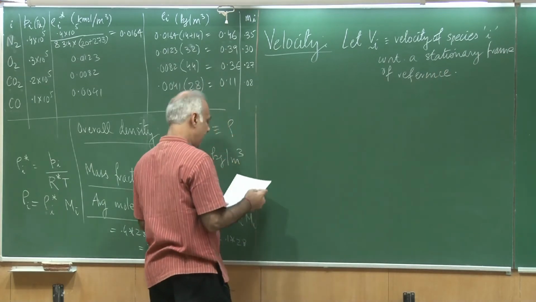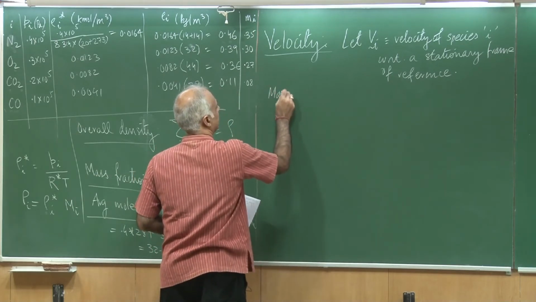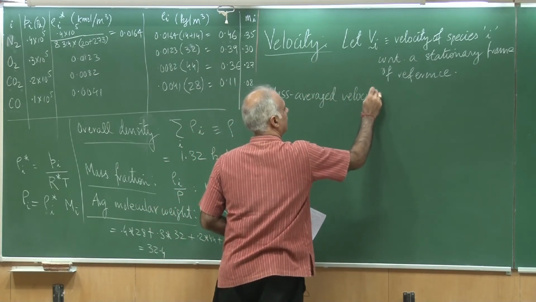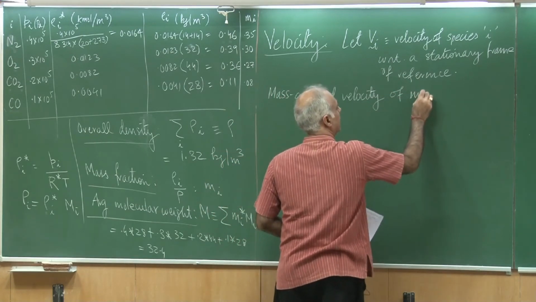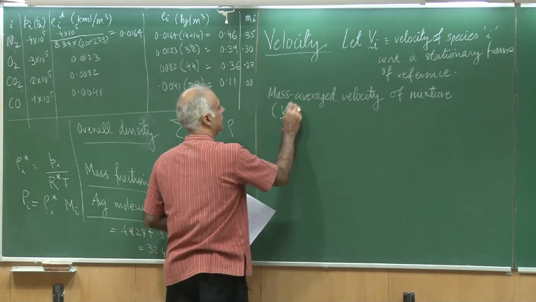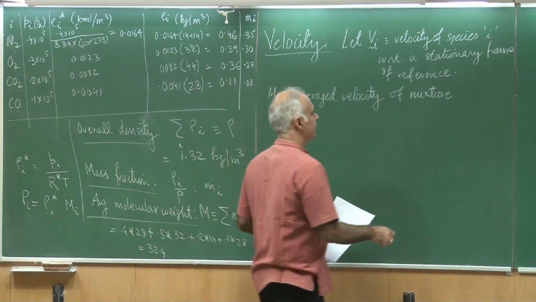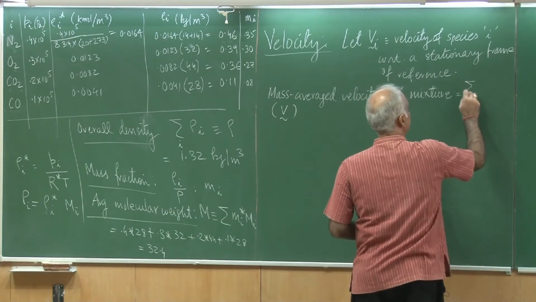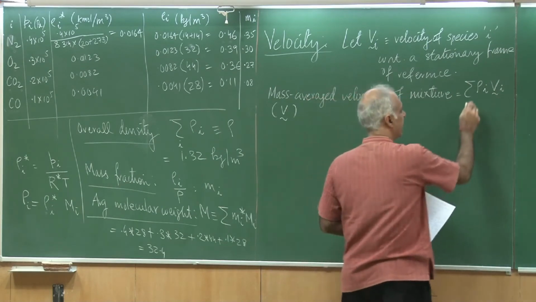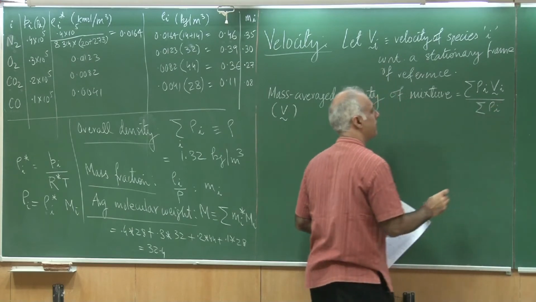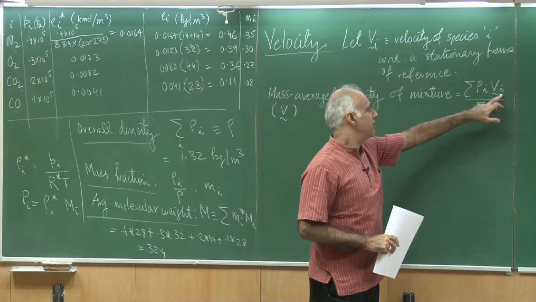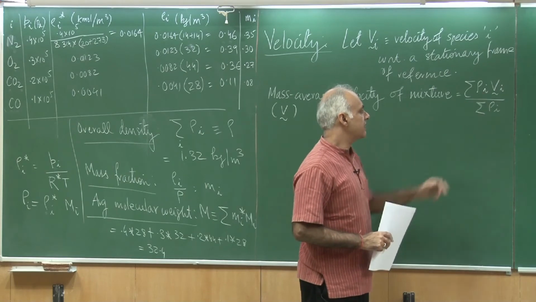Now I can talk about the mass averaged velocity of the mixture, and this I would like to denote by V. So this is going to be given as summation rho I times Vi, and then divided by rho I. So I am weighting the velocity of each component by the density, and then of course normalizing it with